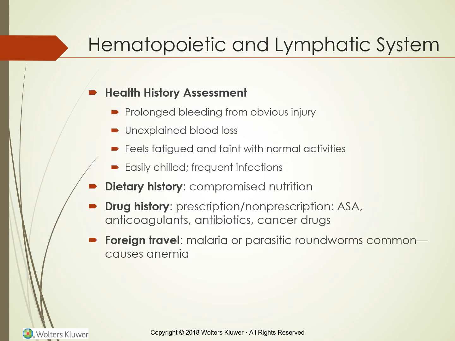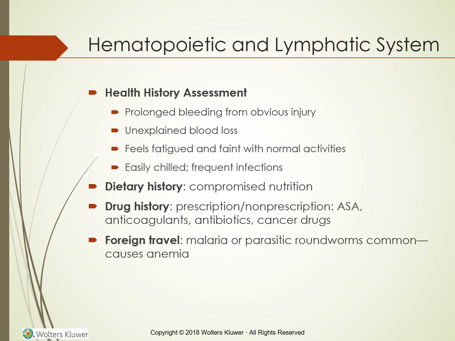Health history assessment. The health history includes the client's description of signs and symptoms. If abnormalities are present, the nurse determines when the signs or symptoms began, their severity, and their frequency. In relation to the hematopoietic and lymphatic systems, it's important to establish if the client experiences prolonged bleeding from an obvious injury, has unexplained blood loss, as in rectal bleeding, nosebleeds, bleeding gums, or vomiting blood,